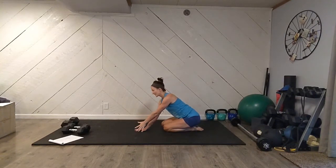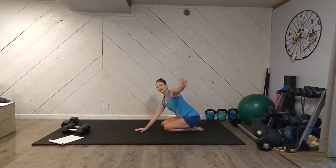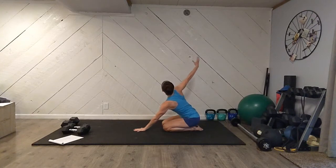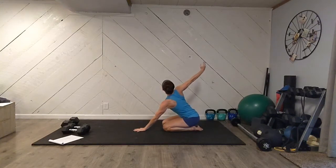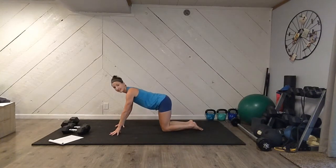Let's bring that arm back down and do it again. 2. Let's try to reach a little more. 3, 4, and switch sides. So plant your other hand down, reach it up. Big rotation. 1, 2, 3, and 4. Good job. Go ahead and climb back up onto your hands and knees,